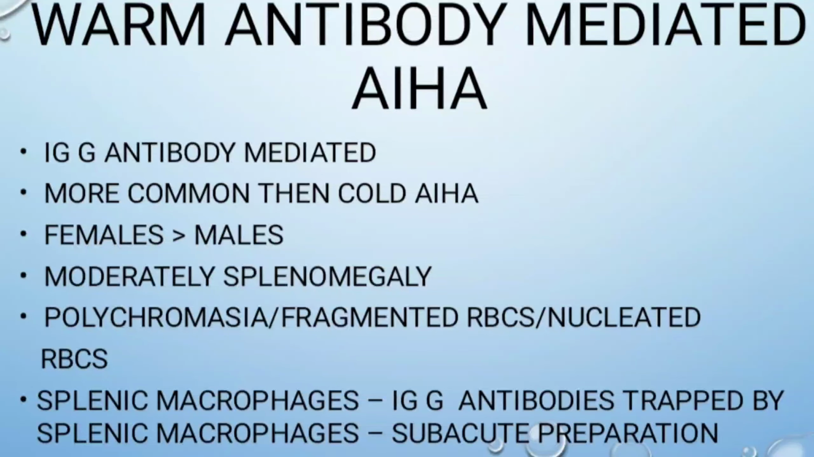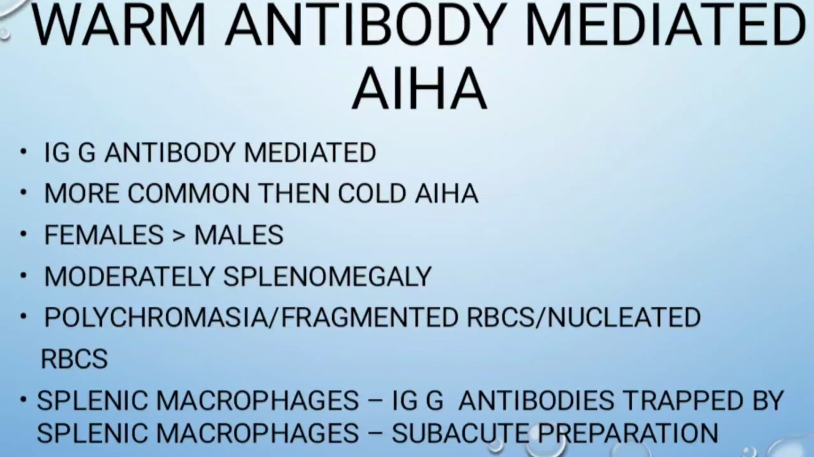The clinical findings seen in these patients are splenomegaly, which is at a moderate level, and we also see polychromasia, fragmented RBCs and nucleated RBCs. These IgG antibody mediated antibodies are produced against RBCs, and the binding of IgG antibodies to the RBCs occurs at the optimal level at 37 degrees centigrade. This IgG antibody often gets trapped by the splenic macrophages,